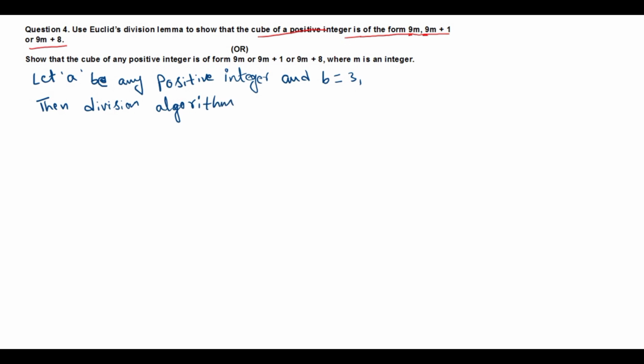That is a equal to 3q plus r. R means remainder here, okay? So for some integers, what is the remainder condition we get? That is 0 less than or equal to r less than 3. So therefore remainders are